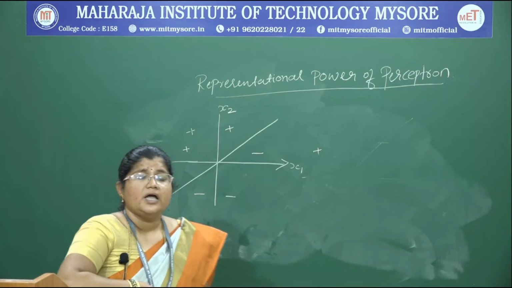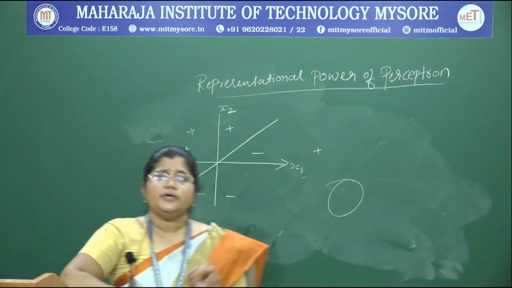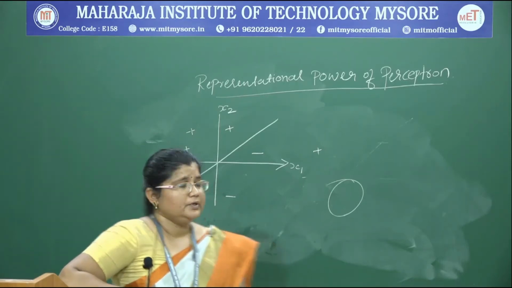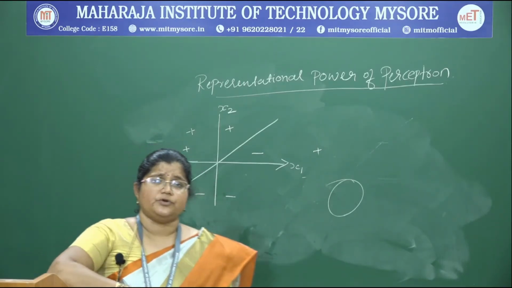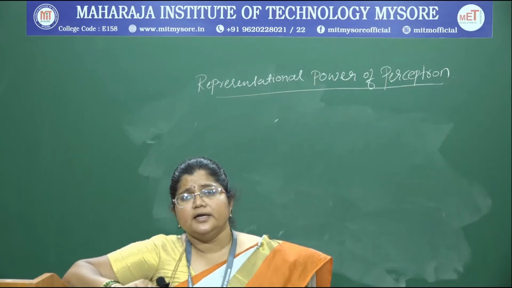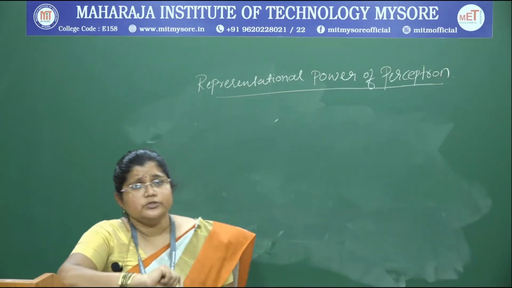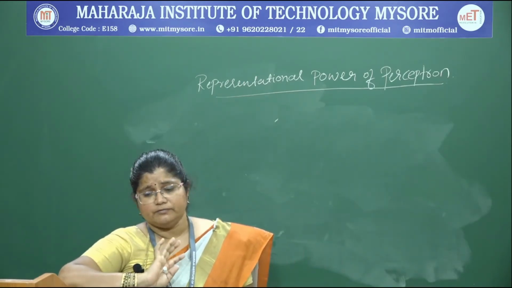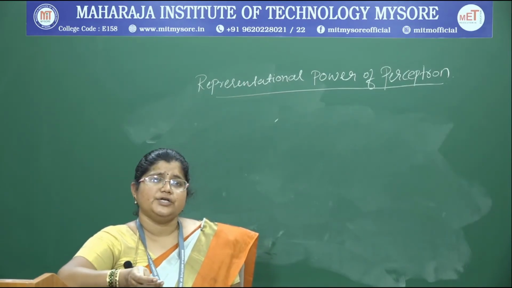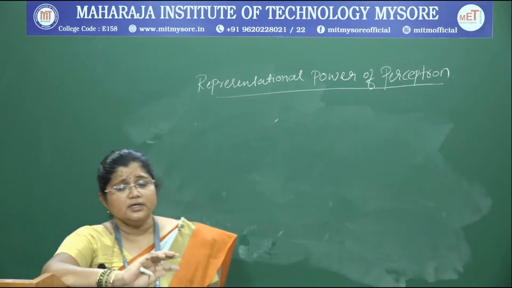Next, a single perceptron, meaning a single node, can also be used to represent Boolean functions. Now let us look at how this perceptron is going to address Boolean operations. You can easily understand how the perceptron can be used to represent many Boolean functions. It can represent the AND operation, OR operation, NOR operation, and it can also represent the NAND operation.